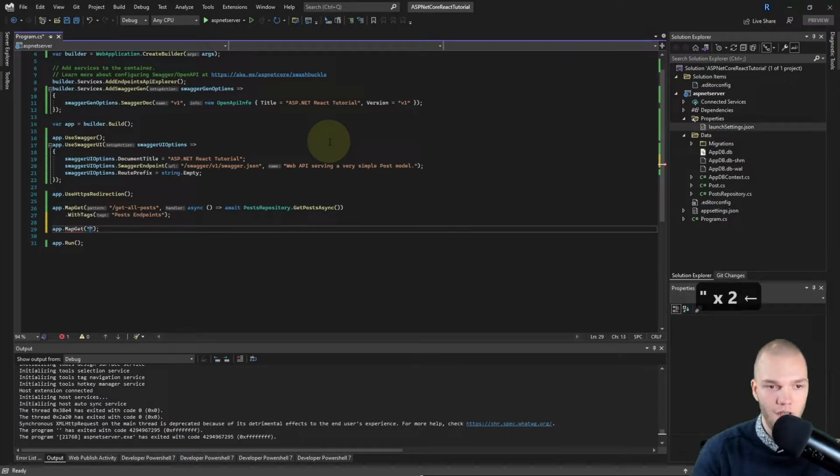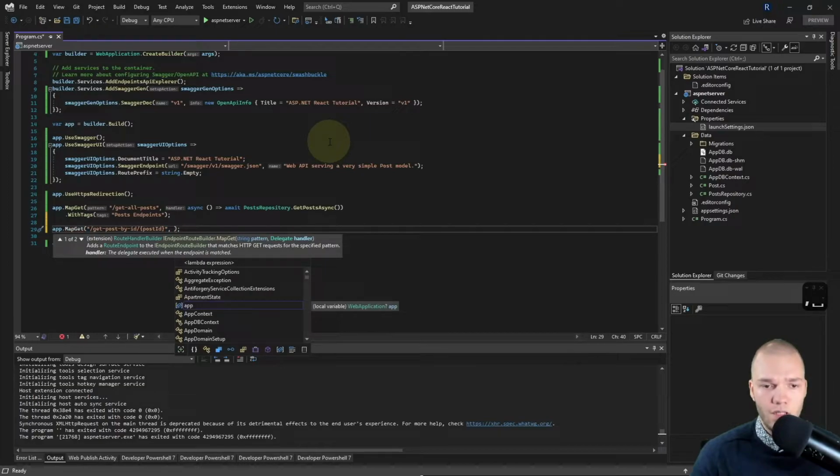And for the route, I'm gonna do /get-post-by-id/ and then curly braces and then the postId. And that's the parameter our method will receive here.